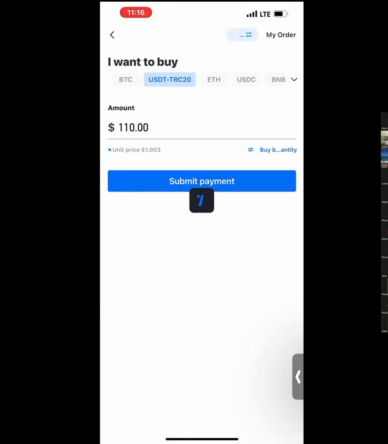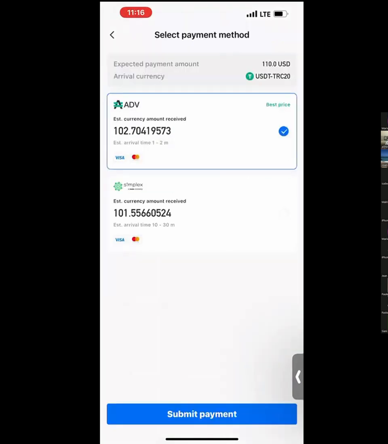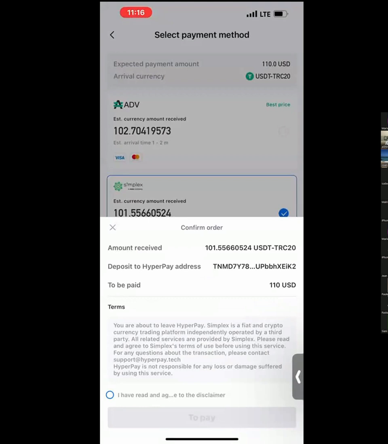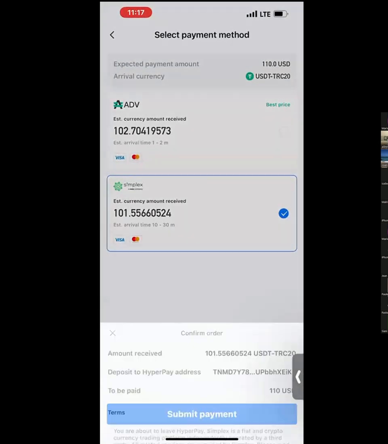Click Submit Payment. If ADV works in your area, that's fine. If it doesn't, click Submit Simplex. It's only $1 difference. Click Payment. Click I have read and agreed to the disclaimer to pay. Once you go into the next page,